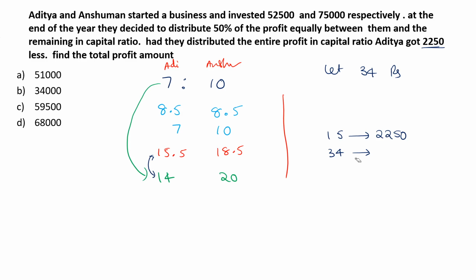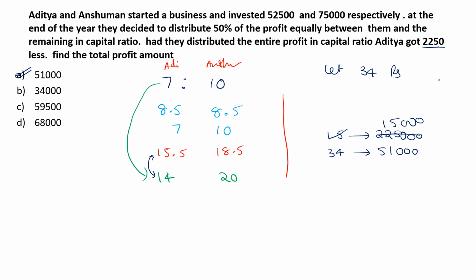Okay, are you getting my points? When the value of 1.5 is 2250, just remove that 0 and transfer it to the other side. 15 ones and 15 fives, 15 into 34, 34 into 15, 34 plus 17, that is 51. 51,000. Okay, that is the total profit. Where is that? Option A. 51,000 is the total profit.